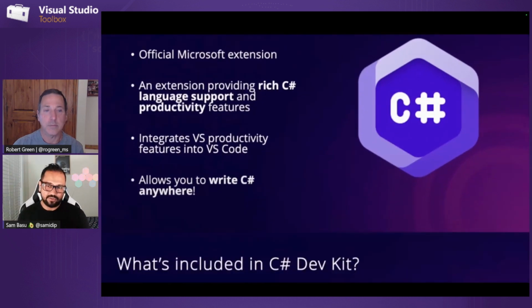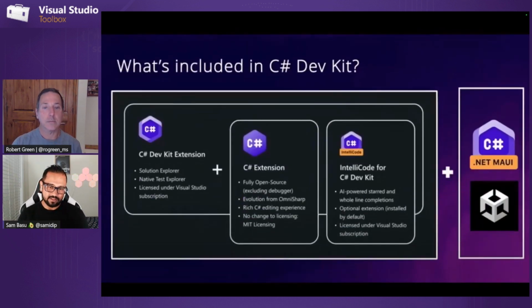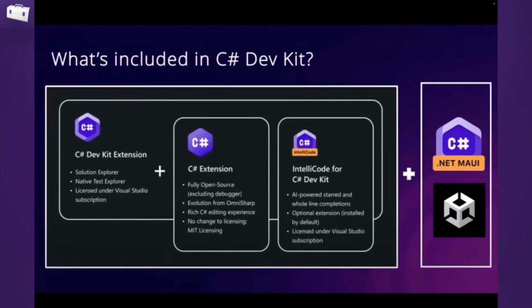And diving into what that includes. Again, some of the AI IntelliSense, some of the C# extensions, the Solution Explorer experiences that you love in Visual Studio, you can do the same things in VS Code. Plus, if you're building apps for Unity or .NET MAUI, which is cross-platform, you can do them right inside of VS Code as well. So really a polished, lightweight code editor that just simply works everywhere.